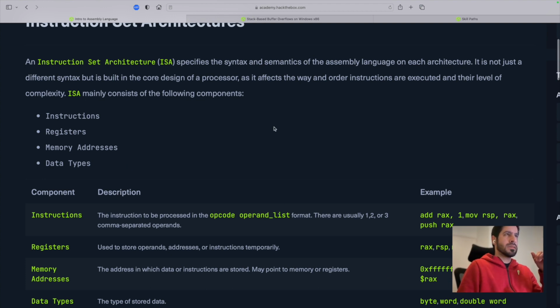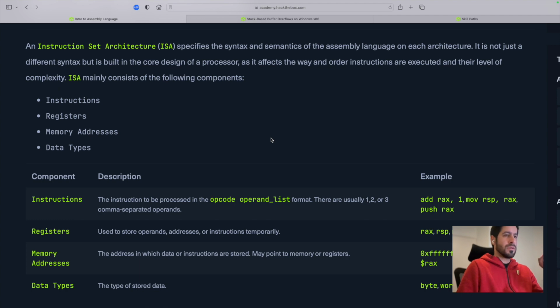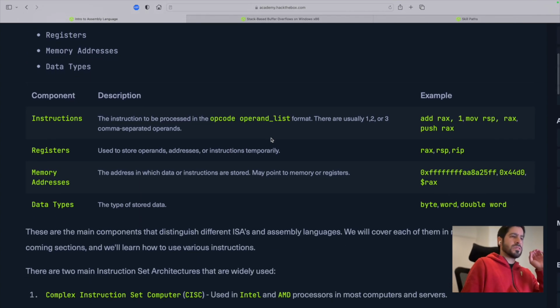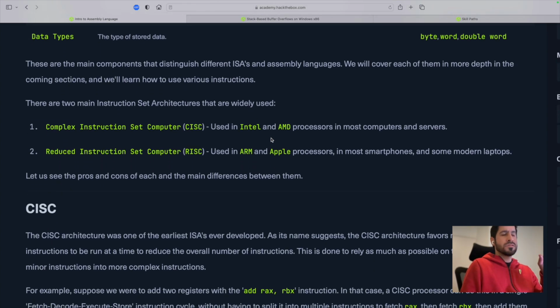And the module in the section goes into more details about that. But the main thing we want to understand is that today we have two common ISAs, the CISC architecture and the RISC architecture. The CISC architecture, or Complex Instruction Set Computer, is most commonly known for Intel and AMD processors today, and the RISC architecture, the Reduced Instruction Set Computer, is most commonly known for ARM and more recently the